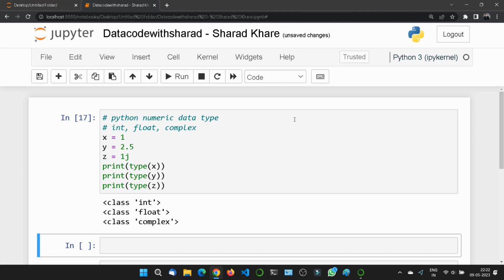a complex value, right? If you'll talk about the integer, then integer can be represented as a whole number also, a positive number also, a negative number also, without decimal, or it can be of unlimited length. Okay, like just suppose